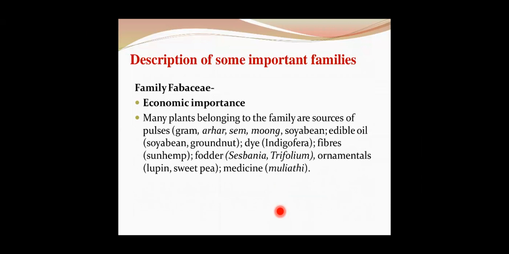Inflorescence usually will be racemose in case of Fabaceae. Flower will be zygomorphic and bisexual, and sepals will be 5. Gamosepalous condition will be there, and corolla will be polypetalous. Papilionaceous type of corolla will be there. Androecium will be 10, diadelphous condition, and anthers will be dithecous. Similarly, in gynoecium you will find a superior ovary, monocarpellary, unilocular with many ovules. Fruit can be legume, and seed can be 1 to many, non-endospermic.